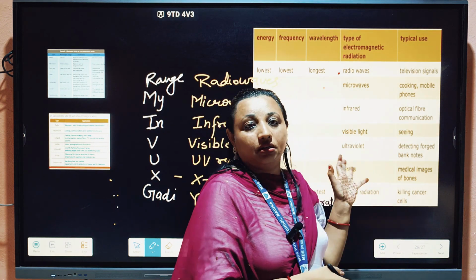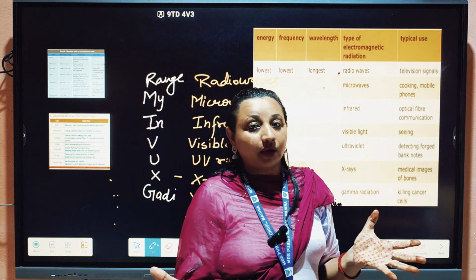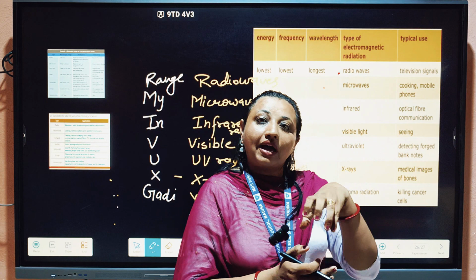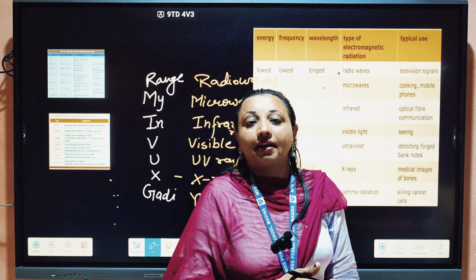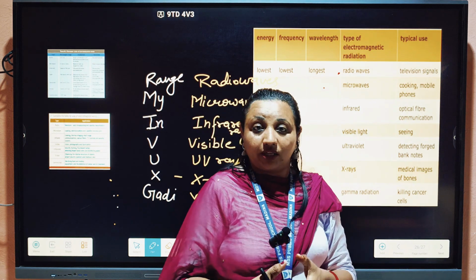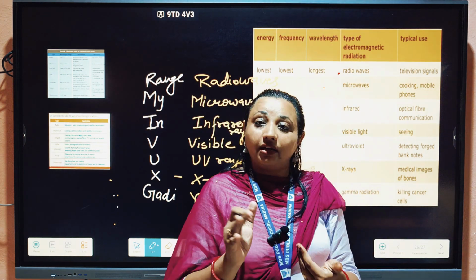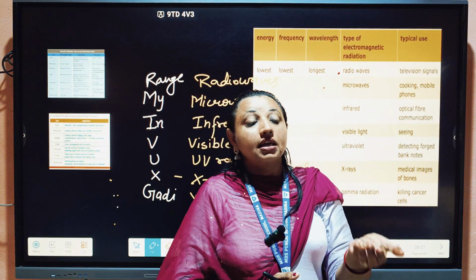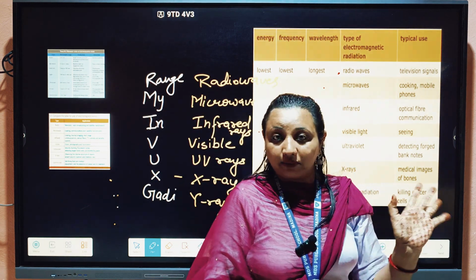So questions arise from here in the board exam. What will be the questions? What were the questions asked previously? You are given 4 options and you have to tell which among these waves has the highest frequency or lowest frequency, or highest wavelength or longest wavelength, and shortest wavelength. So you have to tell whose frequency is low or high, or whose wavelength is low or high. This is an MCQ question.